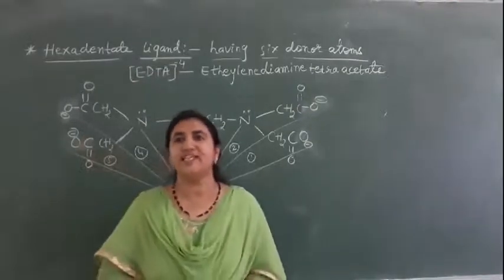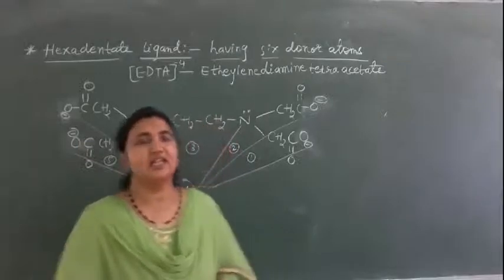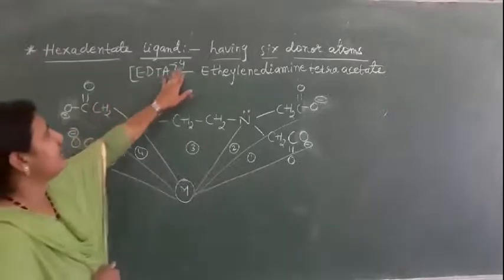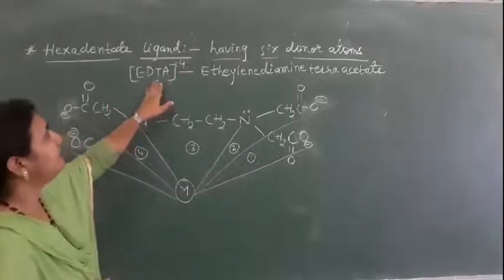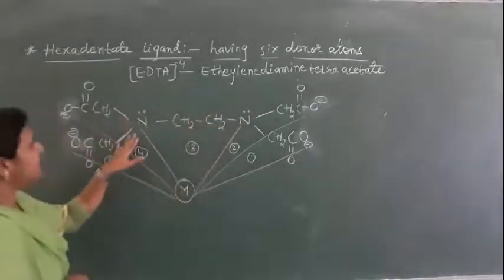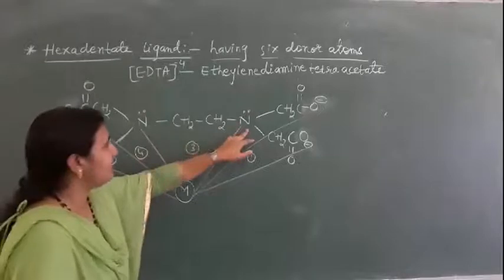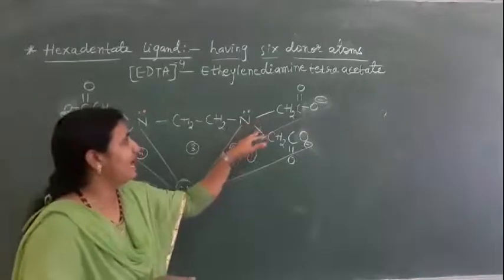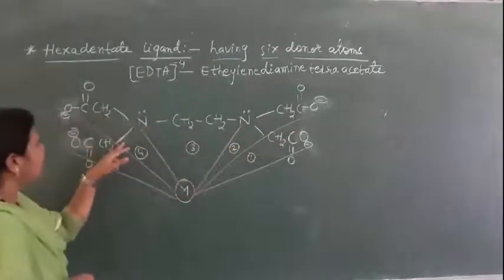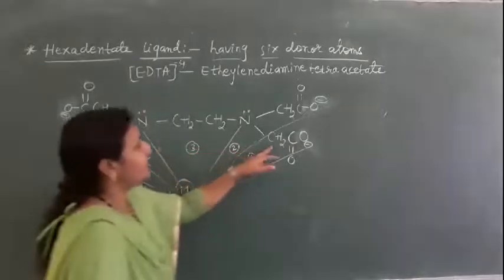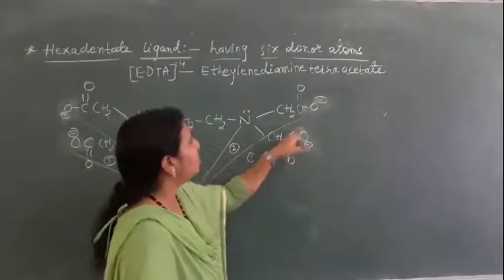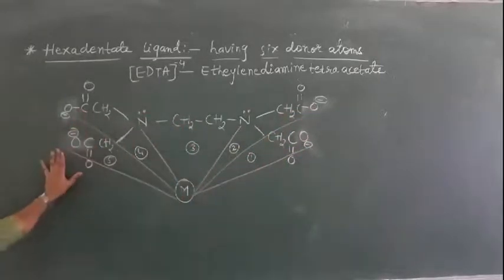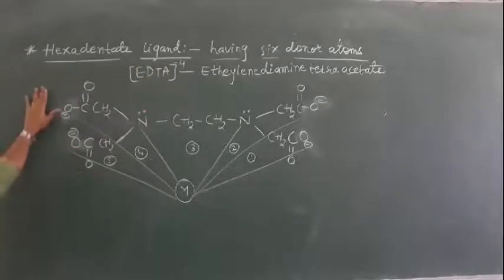So last we have hexadentate ligand. Hexadentate ligand, the ligand which contains 6 donor atoms. The very famous example is EDTA minus 4, ethylene diamine tetraacetate. Okay, so the structure is this one. This is CH2, CH2, NH2, NH2. This is our ethylene diamine. So remove those 2 hydrogens here and we have added 4 acetates. Here also 2 hydrogens removed and added acetate ion. CH2, C double bond O, O and here also CH2, COO. So ethylene diamine tetraacetate, this is the hexadentate ligand.